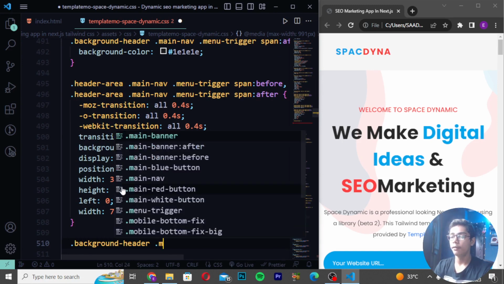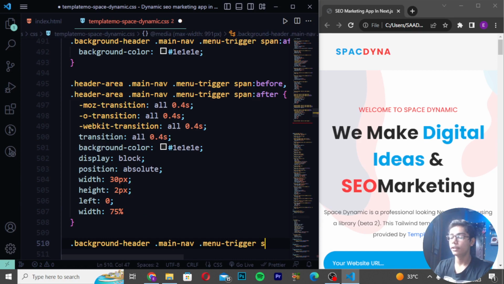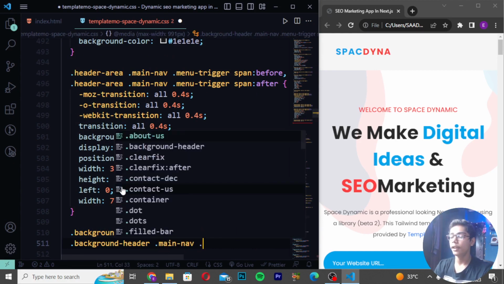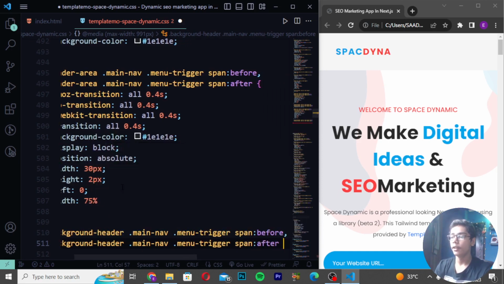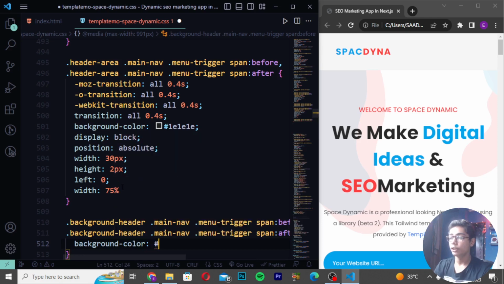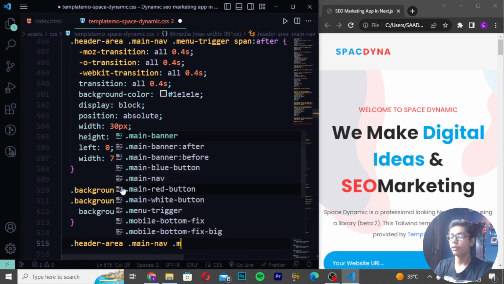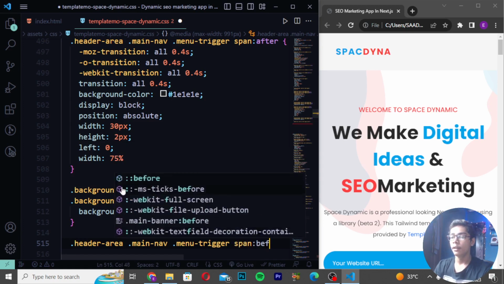Then write here main nav, and then I will just write menu trigger. Then create span, and then write before. Write here background header, and then you have to write main nav and create menu trigger. Then when you are done with that, here I will write span after, and then you have to write your background and create background color, which should be money. Then I will write here header area main nav, and I will write it as menu trigger. So I will write here menu trigger like this, and create span before, and I will